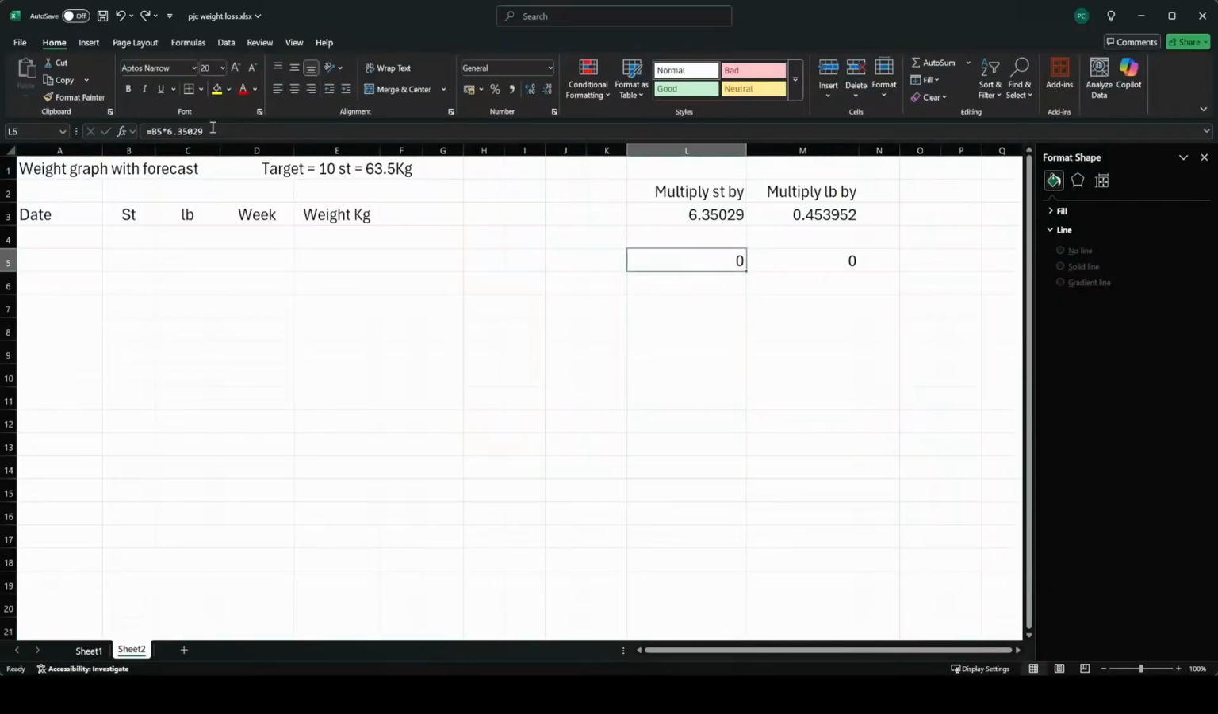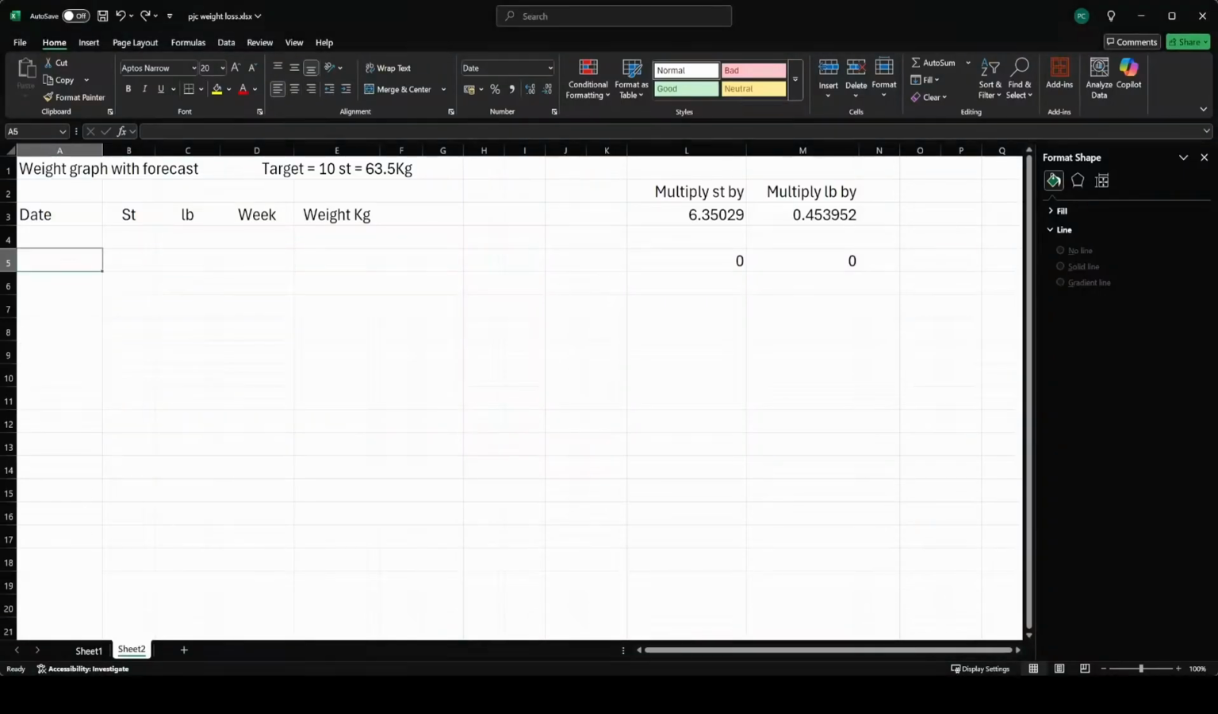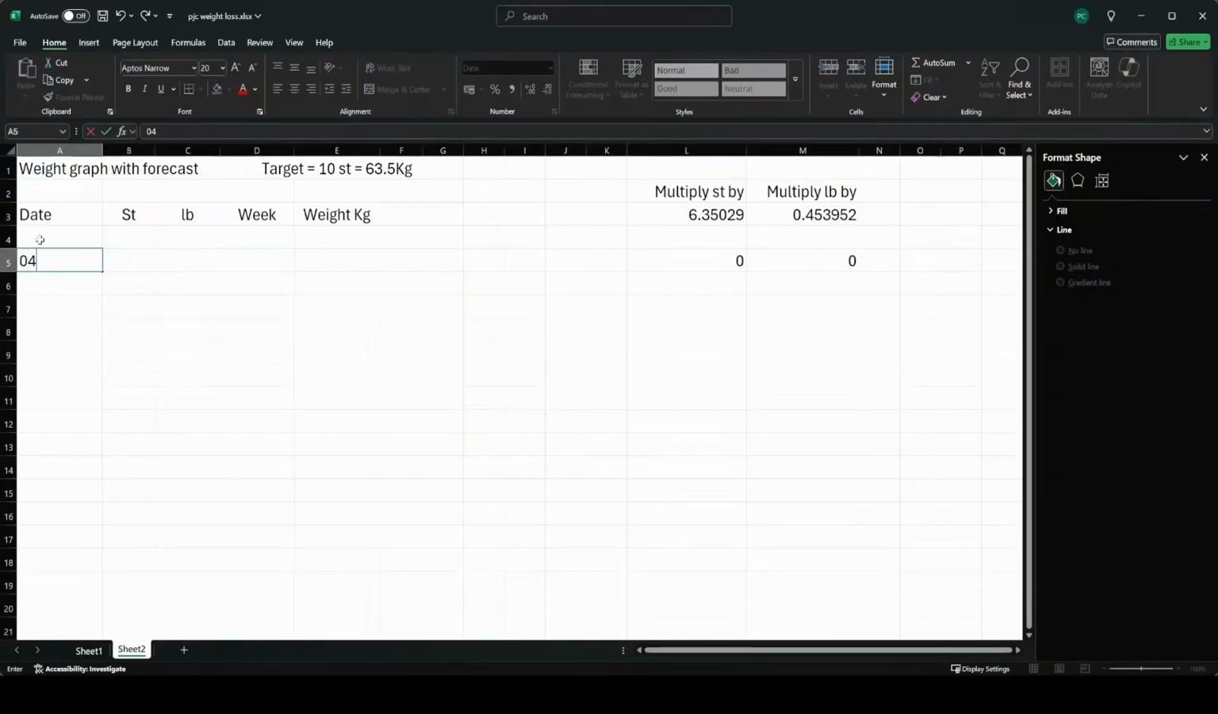We need to set the multiplication factors for the stones and pounds conversion, which I've written on there for you, so just put it as a simple formula for the two boxes, stones and pounds. Then we need to set the date, put the dates in. So put the date in of when you started the process,